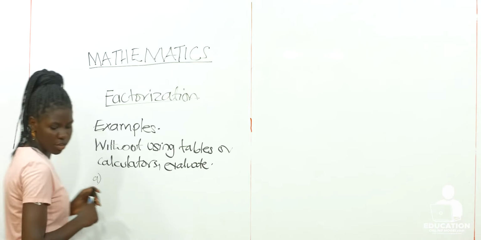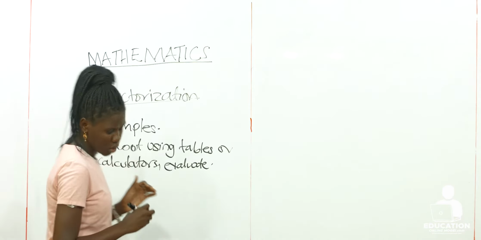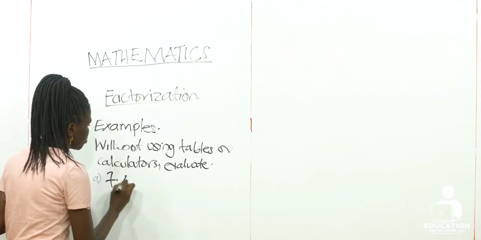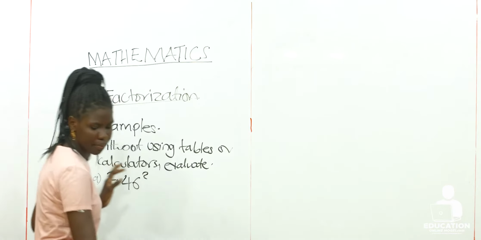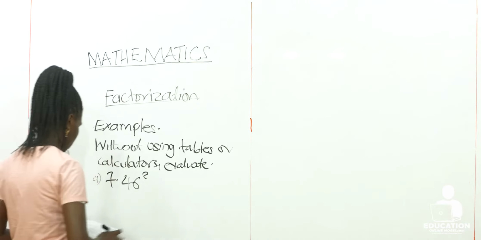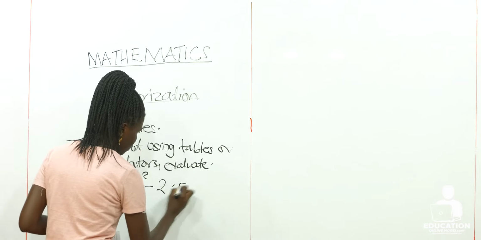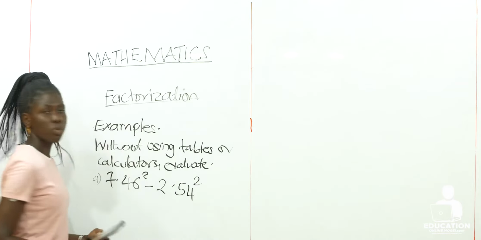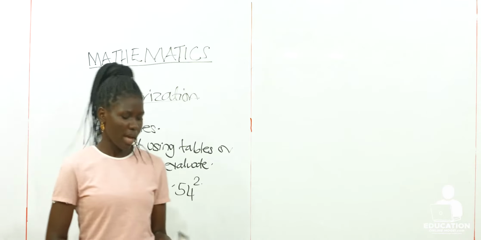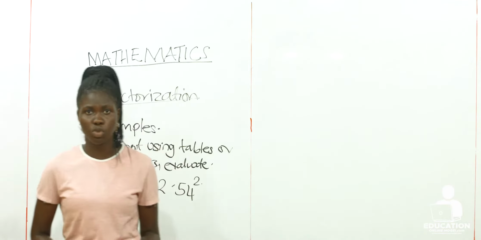The first number here is going to be 7.46 squared minus 2.54 squared. When given a number like this, we are using the difference between two squares, whereby we're going